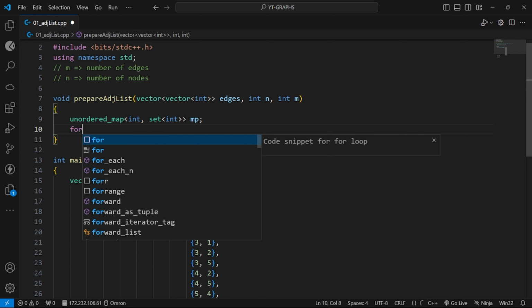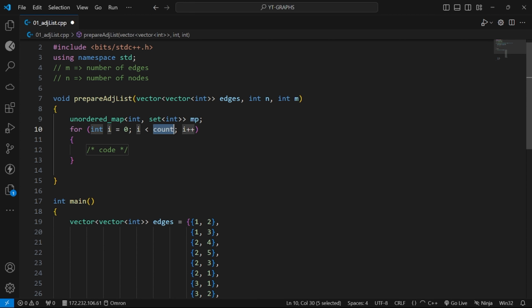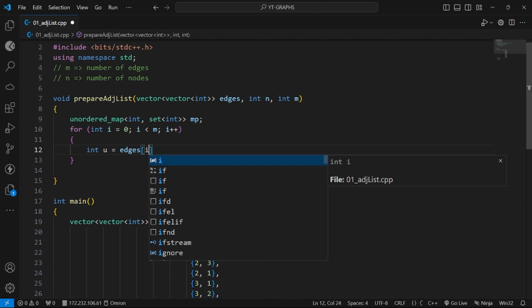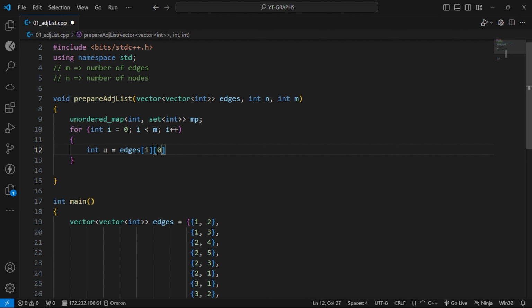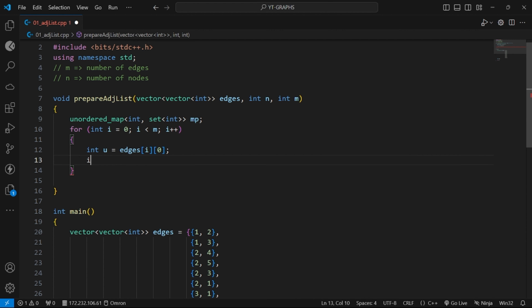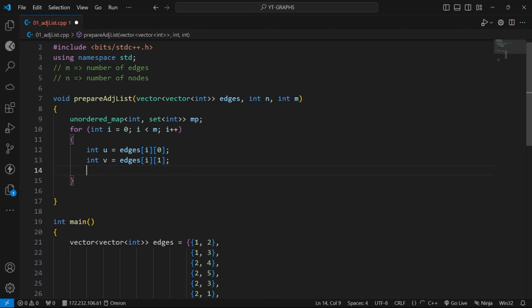Here we will be mapping our edges, and we'll try to get both sides of the edges. This will help us get one side, and the second will help us get the other.